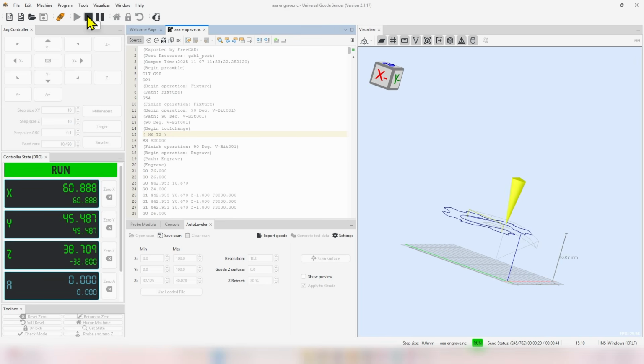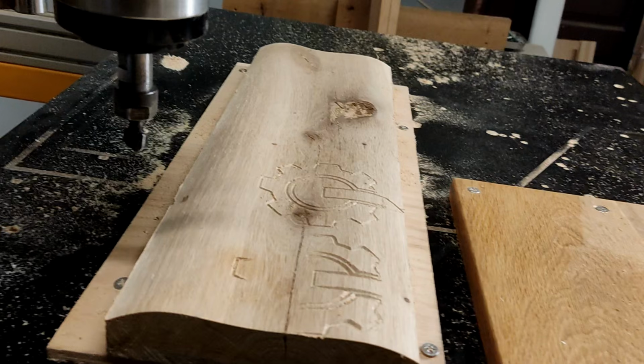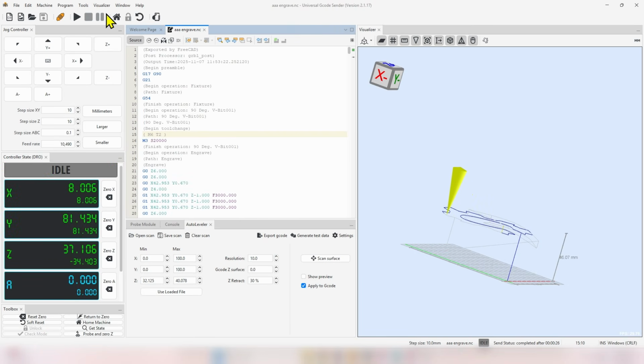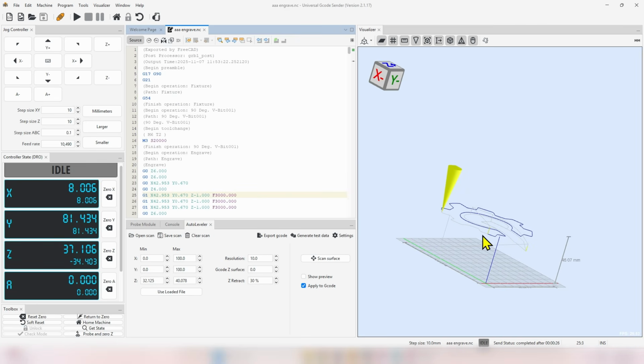Again, the machine is not moving. You can see it here simply staying in place because I have turned off the power to the motors. Now let's stop it and let me explain what happens here. You can see the G-code that FreeCAD has generated, and I have a bunch of G0 commands. Then it starts milling with a G1 command. Any G0 movement that is here before the G1 command is not applied by the auto leveler applied to G-code